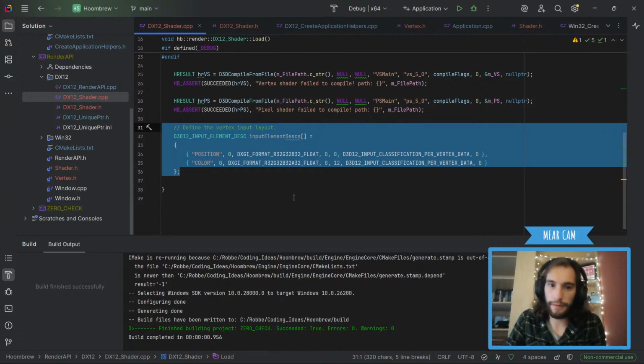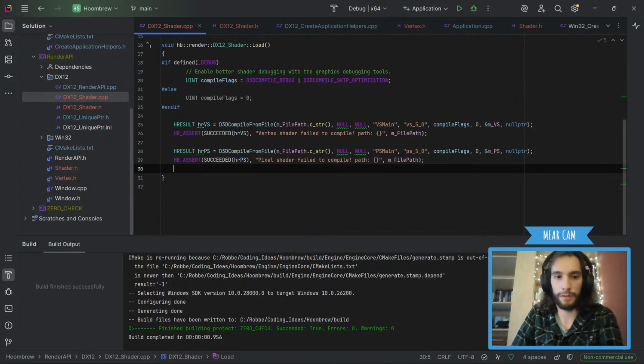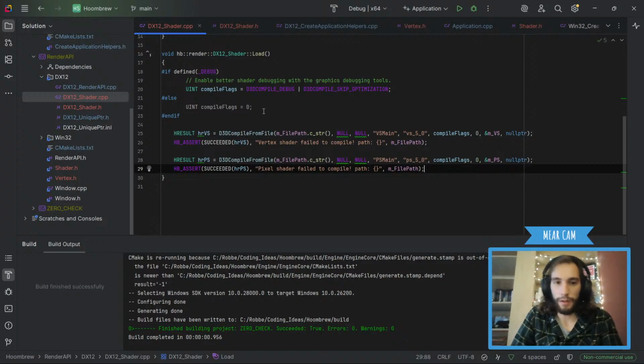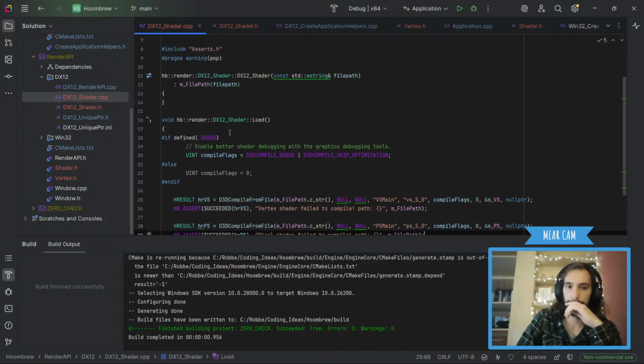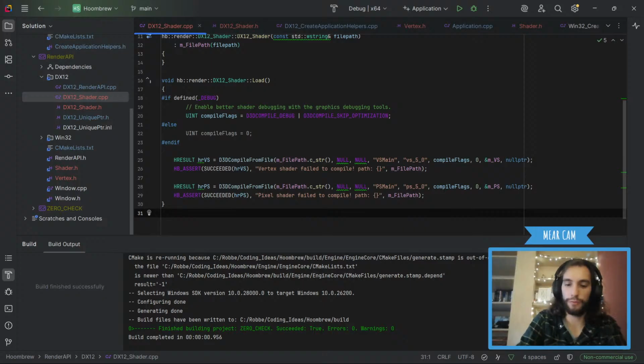For now, I think, since we only have one shader, this is bad, but we're just gonna yoink this for now. There we go, okay. That's that. That's the load, and then the bind we still need to do. So we do a void bind.